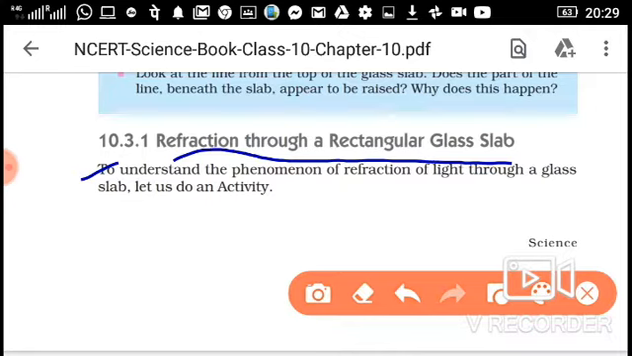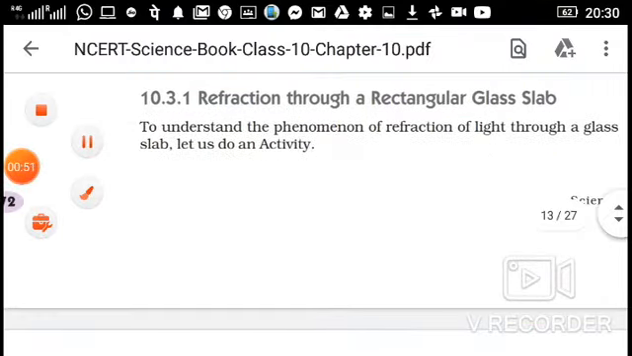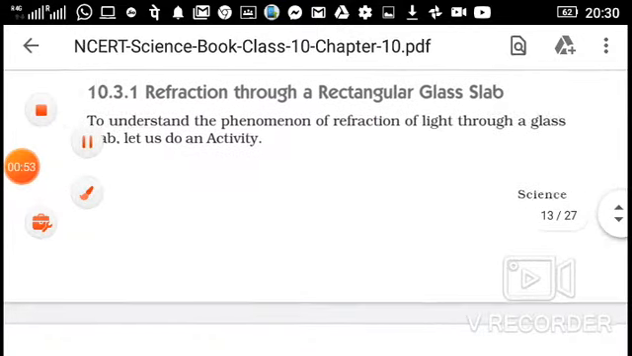To understand the phenomenon of refraction of light through a glass slab, let us do an activity. The first term is refraction. तो सबसे पहले हम कोशिश करेंगे समझने की कि रिफ्रैक्शन होता क्या है. Actually, refraction means bending of light